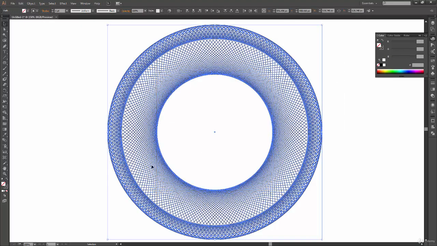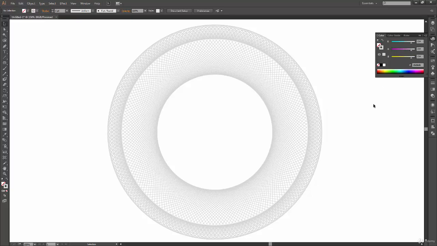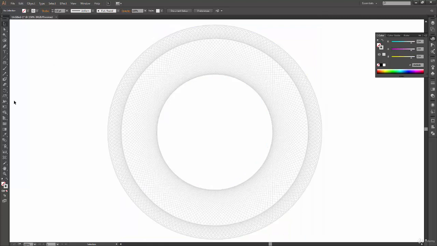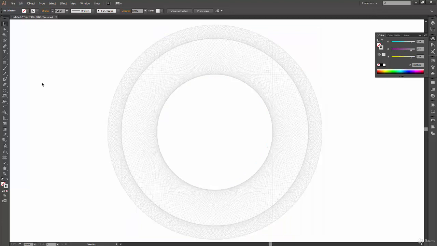Again, you can play around with colors, select all of them and select the outline color to something gray so that it looks even better, and you can select all of them and drop the outline or the stroke width to 0.5 points. So it looks much sharper and clearer now. I think we can go to 0.25 points and yeah, this looks even better.